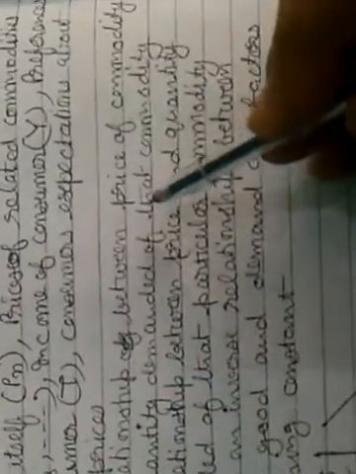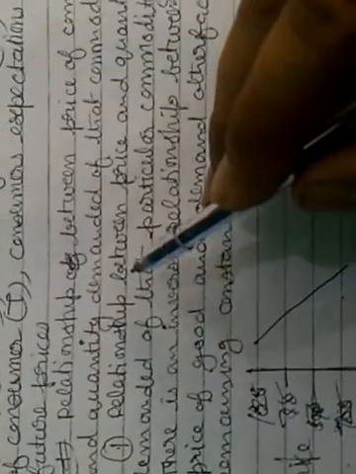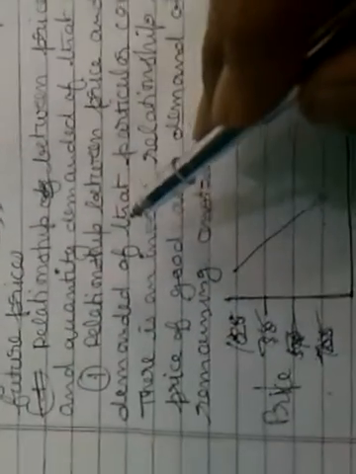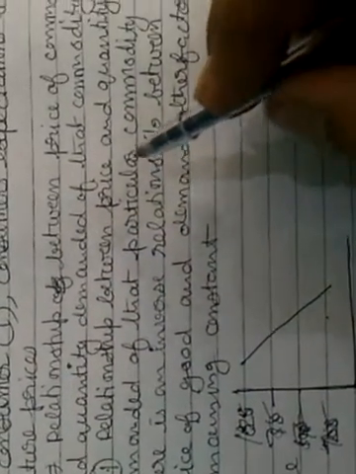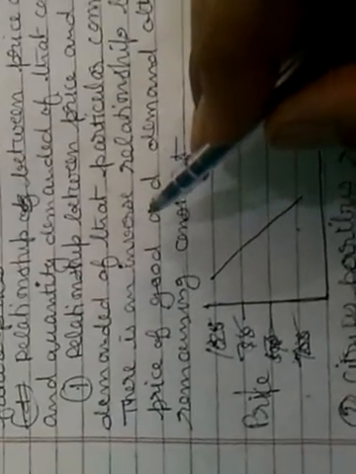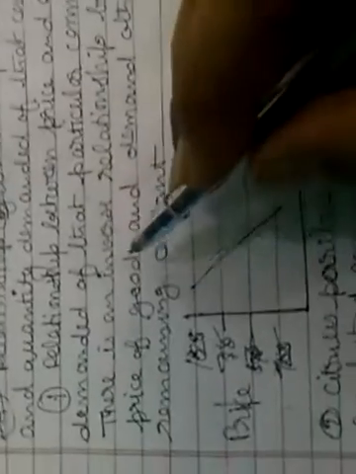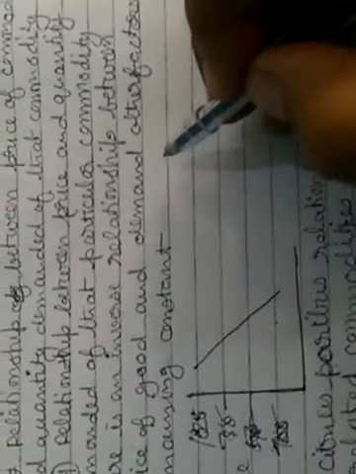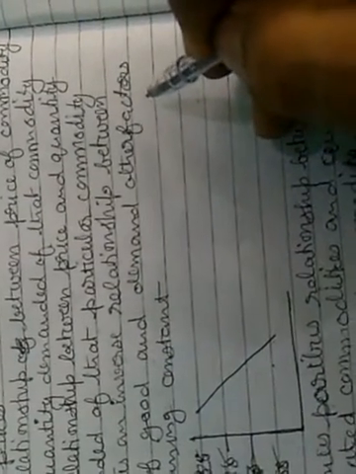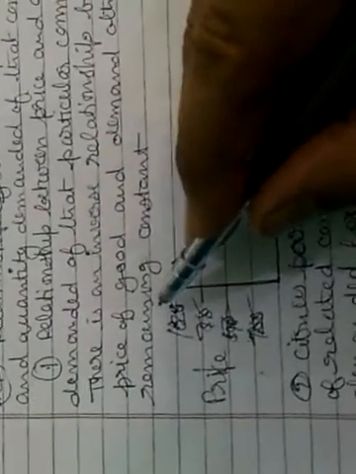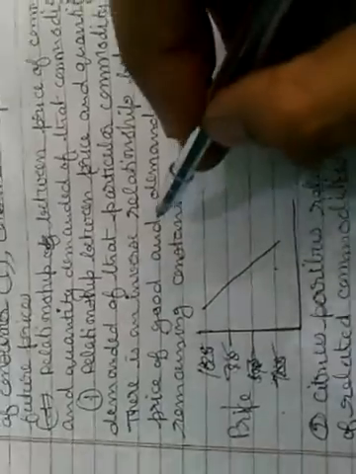Now, the relationship between the price of a commodity and the quantity demanded of that commodity. There is an inverse relationship between the price of a good and the demand, other factors remaining constant, which means if we are taking other factors